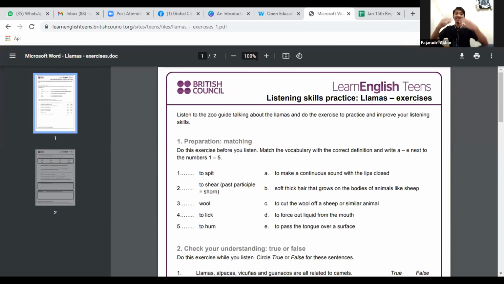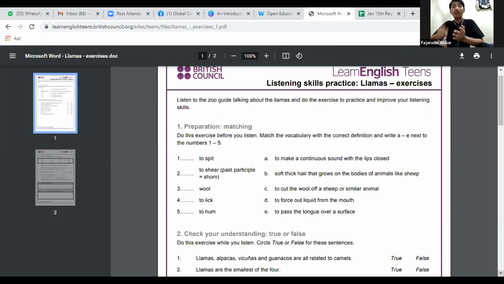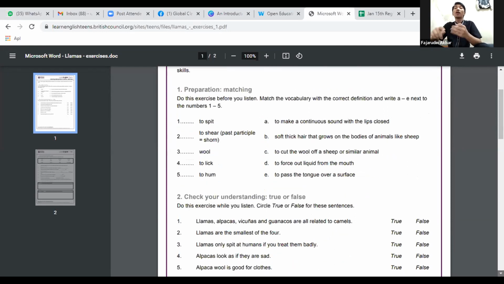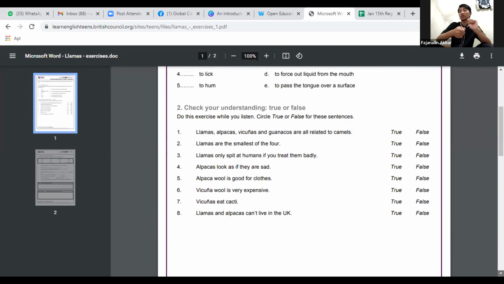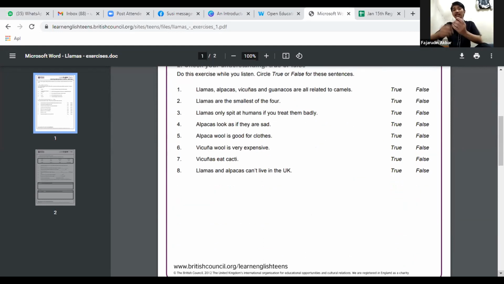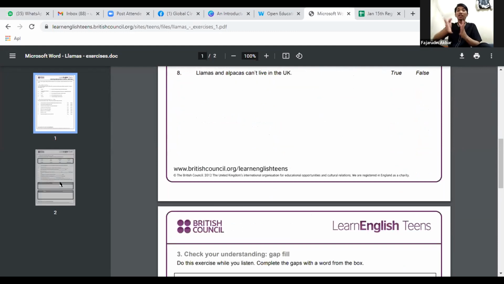So this is just the beginning. There are more amazing things to this one. You can use this for free. You can print this out. But because this is free material, it is copyrighted by the British Council. This is not open. You cannot change anything in it. You cannot, let's say, say, oh, I want to make my own course book, I will print this and add it to my course book. Unfortunately, you cannot. Maybe on a lower scale, for example if you teach individually,